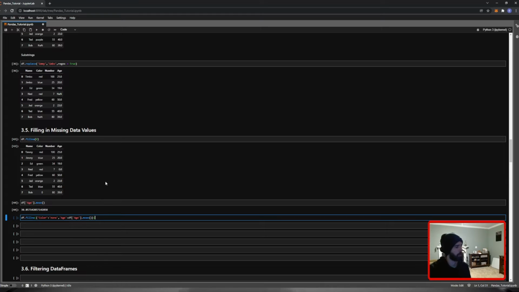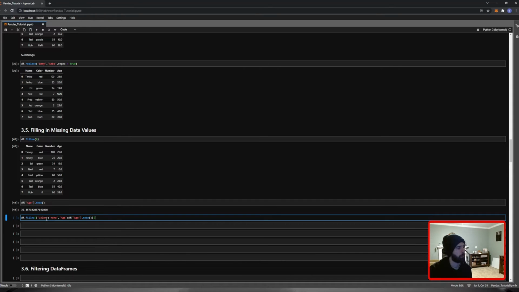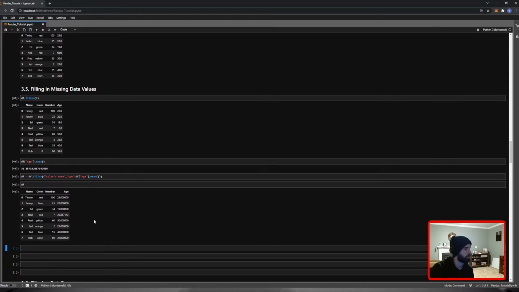So then if we want to also replace the color with something like none, then we can actually make this a dictionary as the input parameter, and then we can specify the filling at the column level. So we can say for the color, we'll fill that with none, and then for the age, we'll fill it with the mean that we previously calculated. And then let's make that our new data frame. So then we look here, and sure enough, we have color is none here,